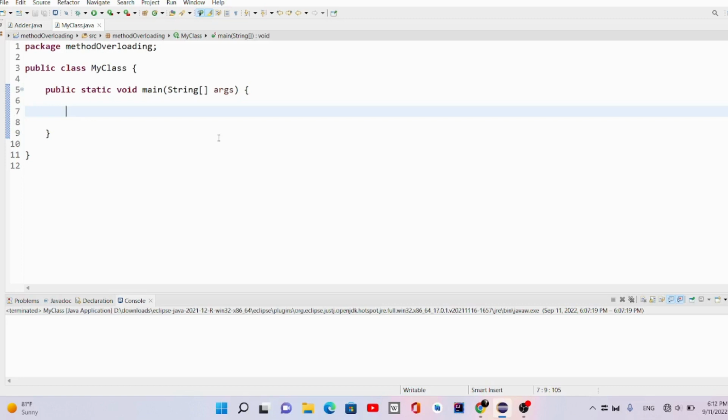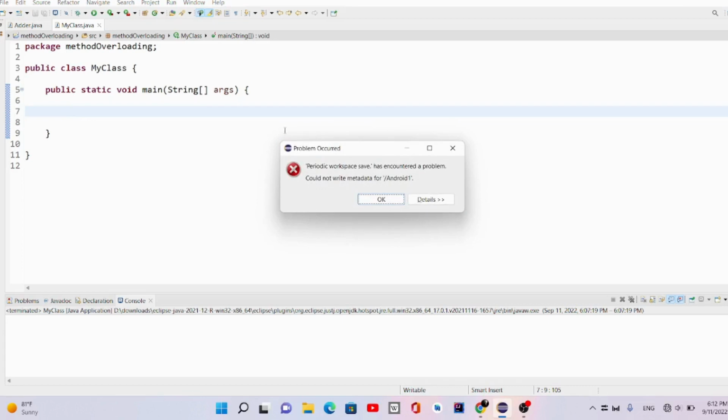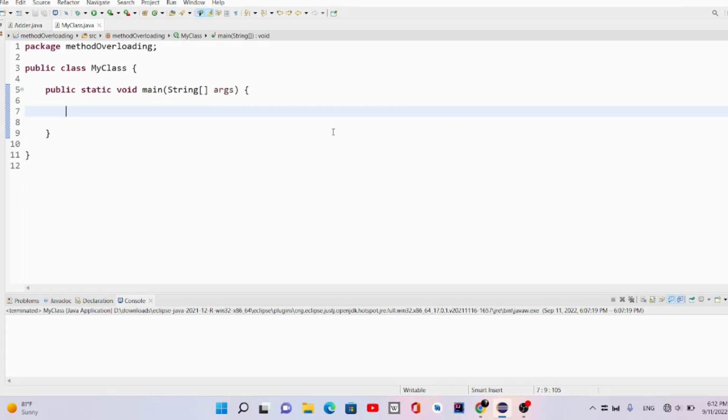So before doing a practical example, let me tell you again what method overloading is. Actually, method overloading means that, for example, if you have already created one method in your class and you want to create one more method with the same name, how can you write two methods with the same name? Well, it is possible in Java, and also in other programming languages, but there are some